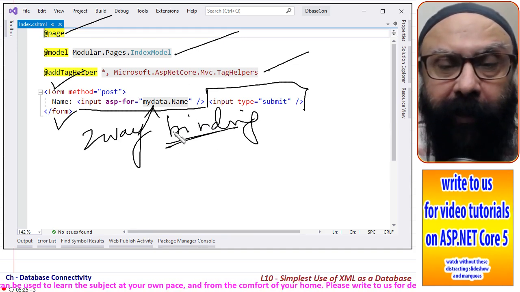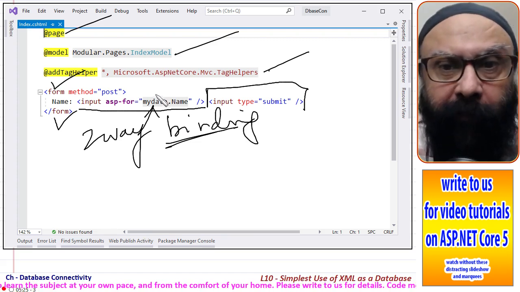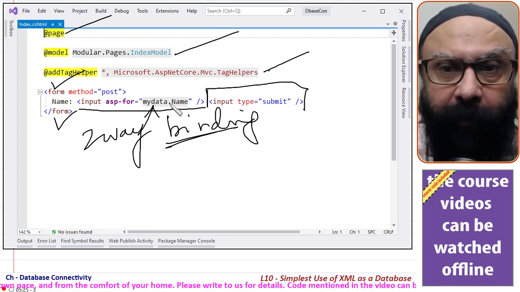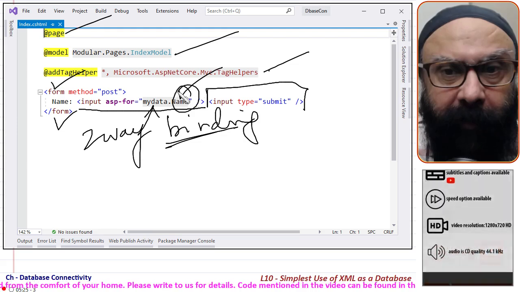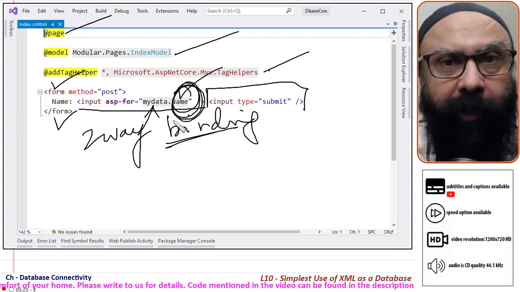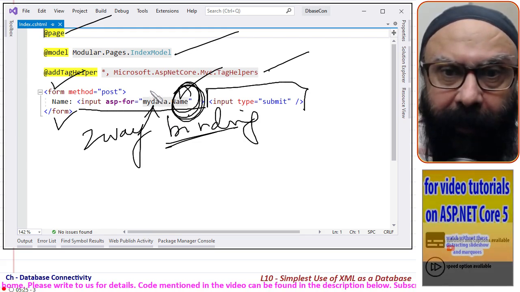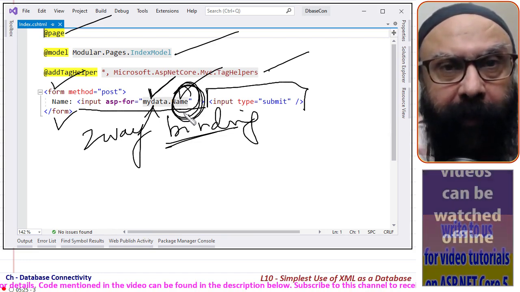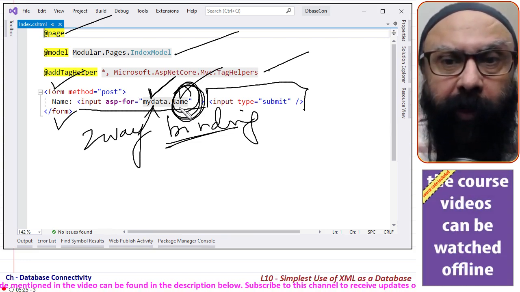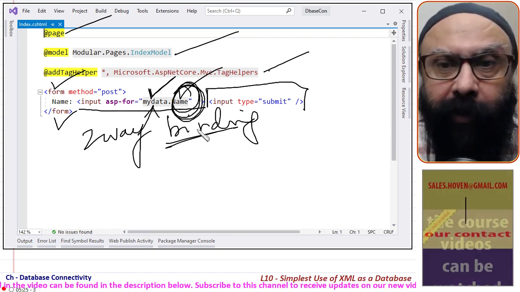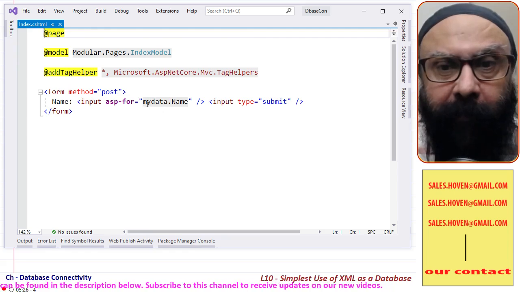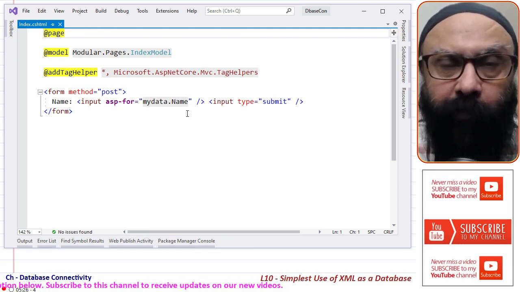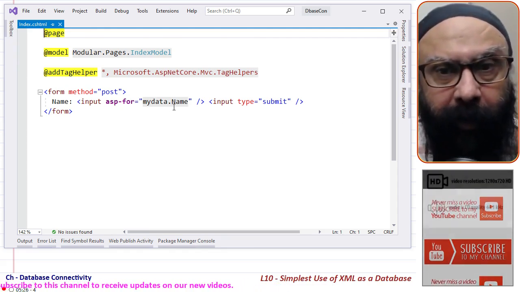So what happens is that in my backing class, I will have a property of the name MyData, and of that property I will have a further property called Name. This Name is actually the data stored in the XML database, and MyData will be the model, and in that model there is one property. I have deliberately kept it simple. There is only one property called Name, and you can see here that this asp-for MyData.Name will make a two-way binding to my Name property, and